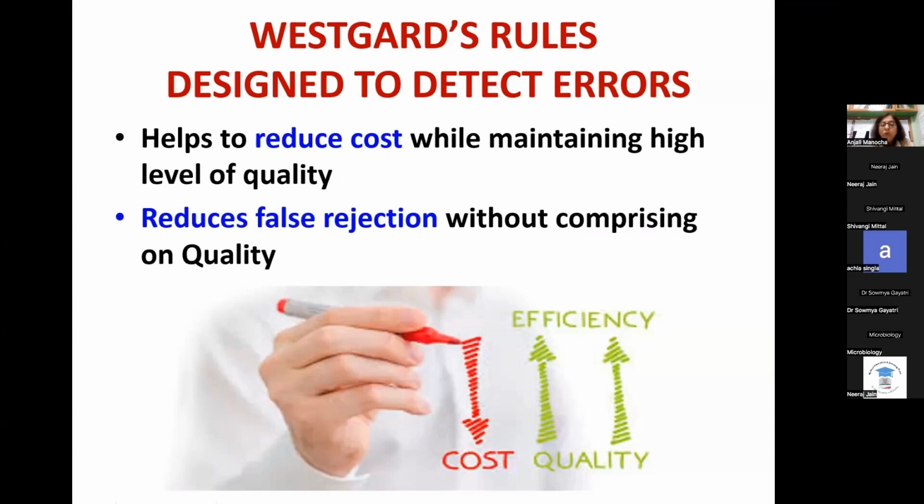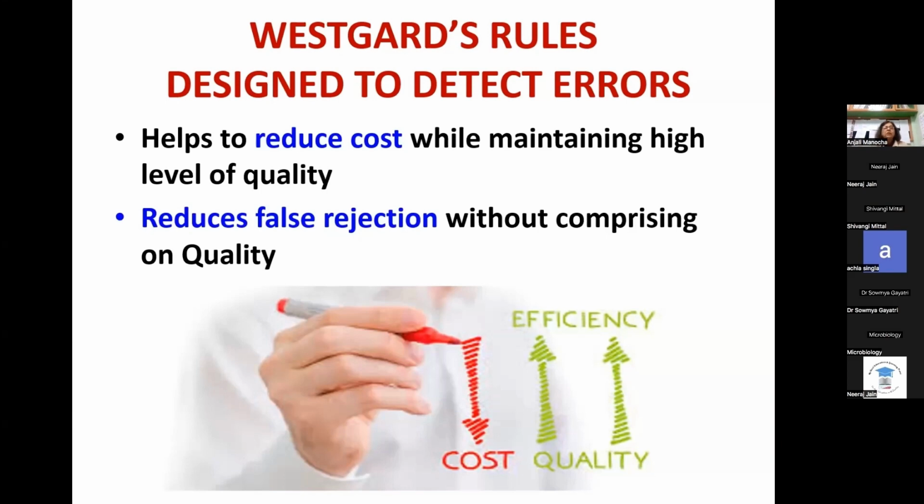Now, why do we need to understand the errors? Why is it so important to realize that there is an error in the lab? What kind of error is it? Is it random or is it systematic? And how do we determine that this particular error is a systematic error or a random error? Because we are getting a control that is out. Just by looking at a control that is out, or looking at a patient sample which is not correlating with previous samples, you can't say what the cause of the error is. Is this a random error or is it a systematic error? So how do we find out whether these errors are random or systematic?